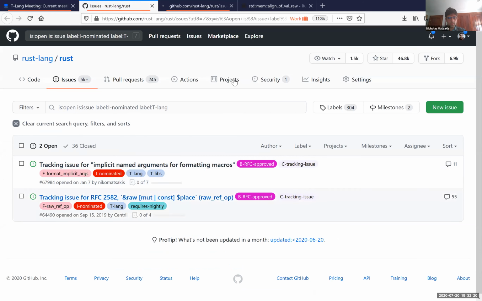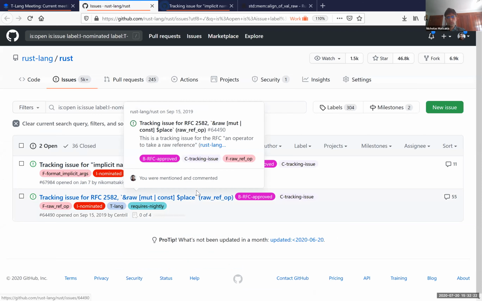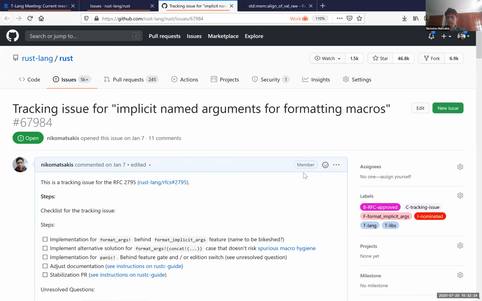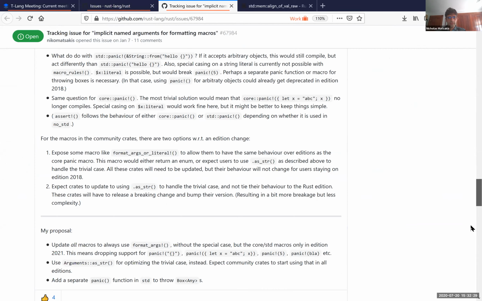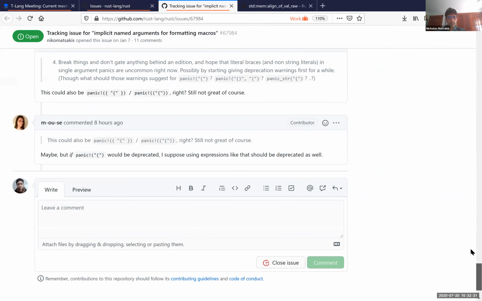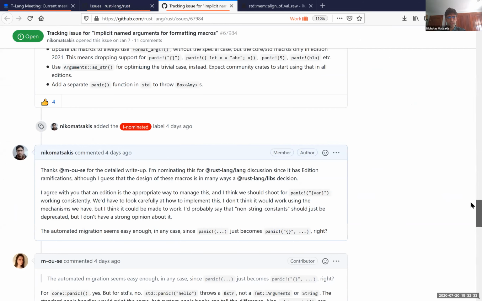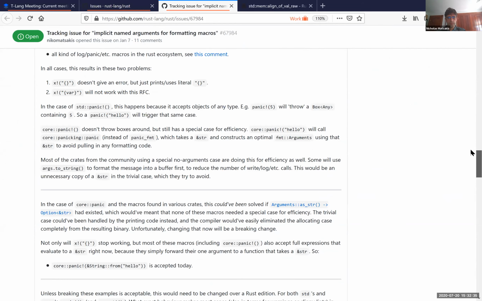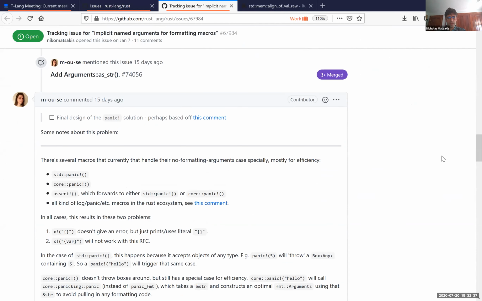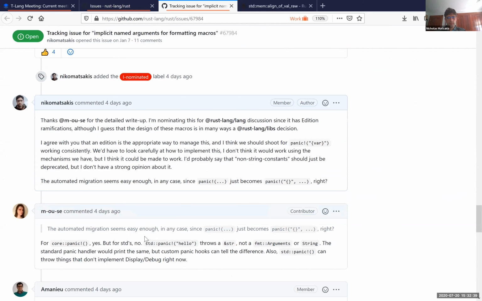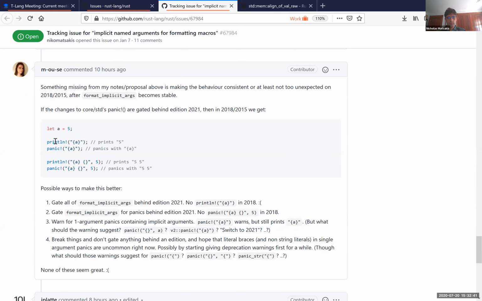Yes. This is actually good stuff. Someone has been doing some interesting work here. I raised this because this intersects a possible edition change. So this is the RFC that allows you to, let me find a good example, write stuff like this, which will be a shorthand for printing the value of A, which today would require this kind of